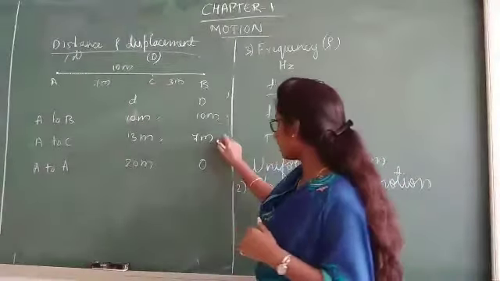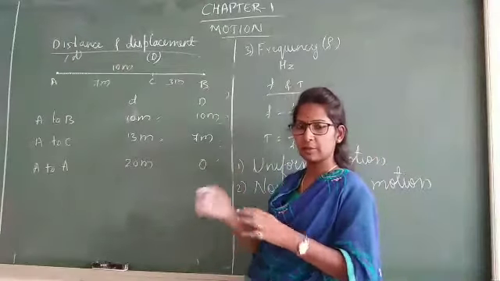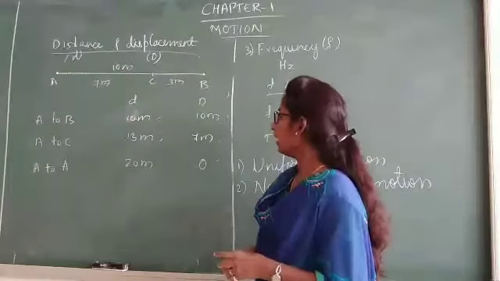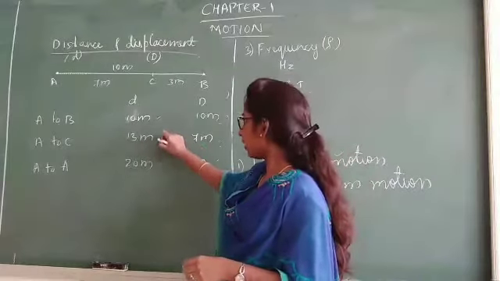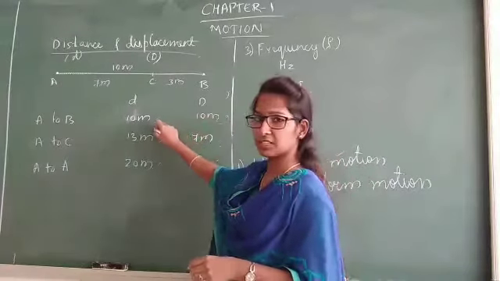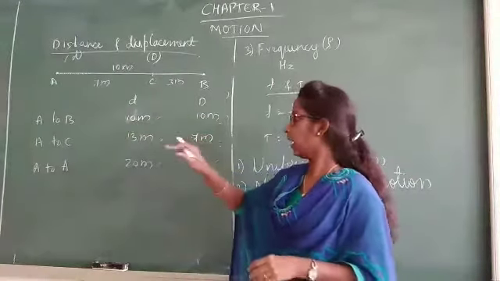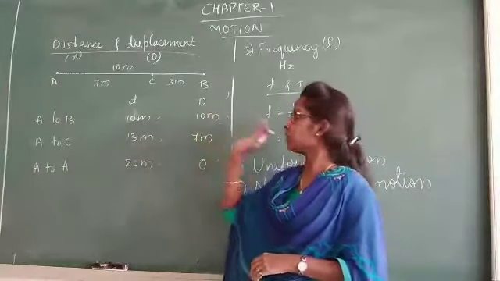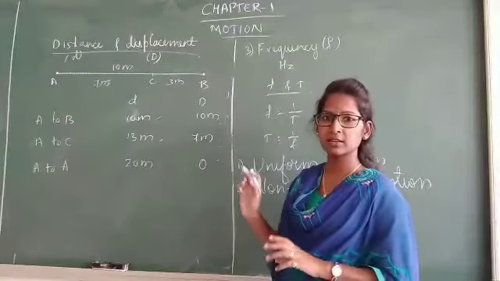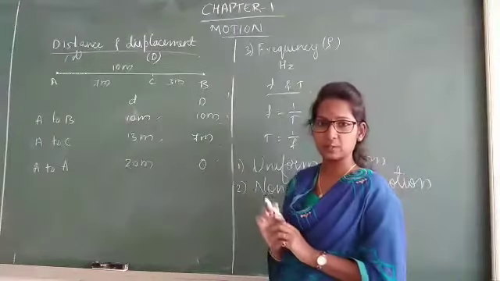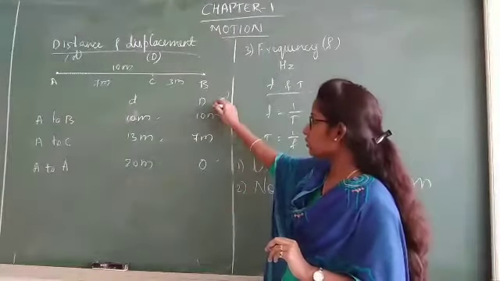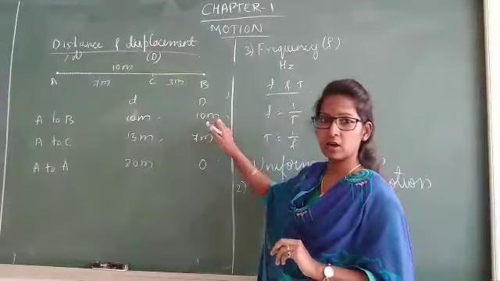See here it has decreased when it's coming back to the same position. Compared to displacement, distance is always more and it can even be equal. So distance is always greater than or equal to displacement, but displacement is always lesser than or equal to